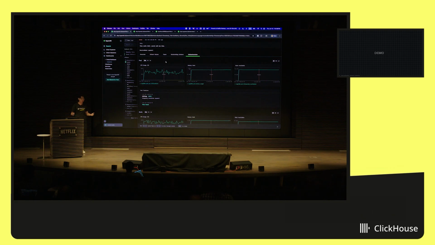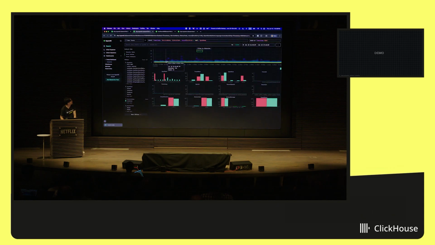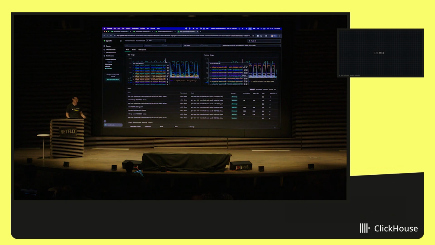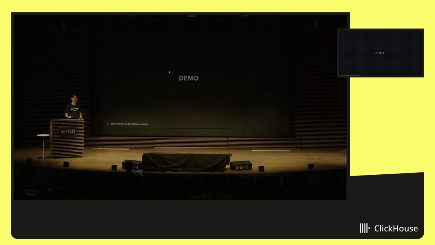We also have things like session replay, and a few other neat features I'll just quickly tab through in the interest of time. We have this really cool high-cardinality span analysis. You can see the correlation between outliers and inliers. We have, what is next? We have alerts. I don't know why that didn't render properly, but there are alerts. You can set a threshold and alert via webhook and whatnot over a period. And also we have some nice out-of-the-box dashboards. This is one for Kubernetes. We have one that's more APM-like, another for ClickHouse, and so on. So we have some really nice out-of-the-box features, and also a lot of nice overall workflows for folks that are used to observability tools to run on top of ClickHouse.